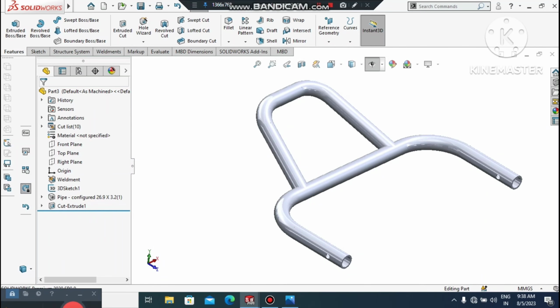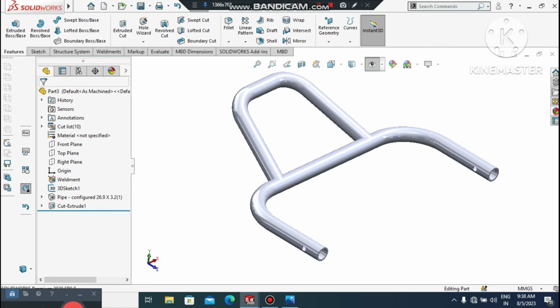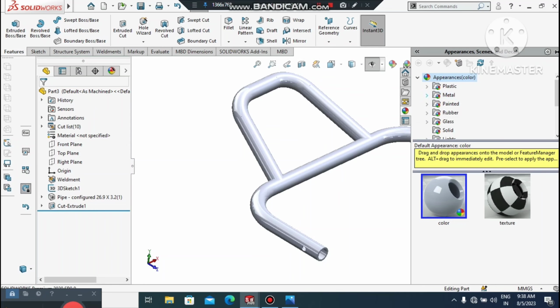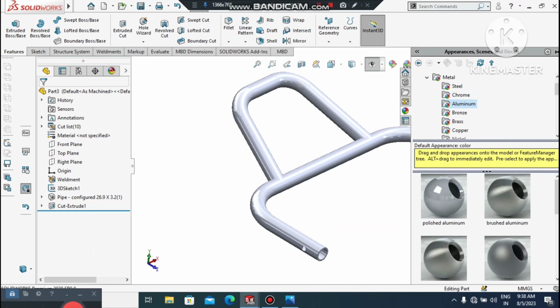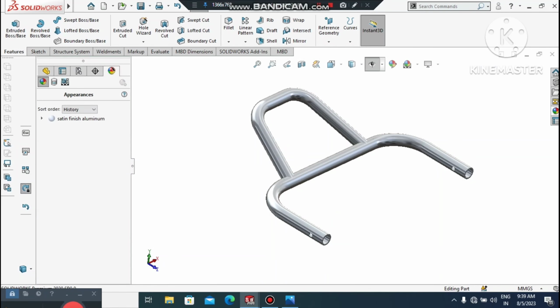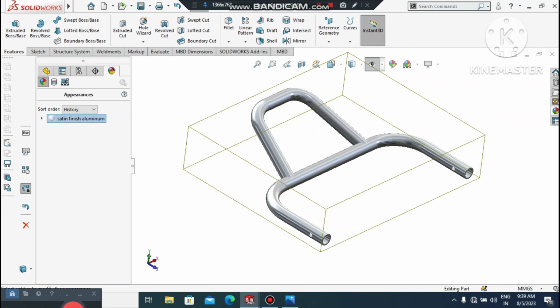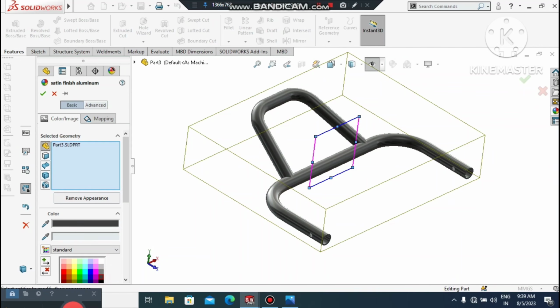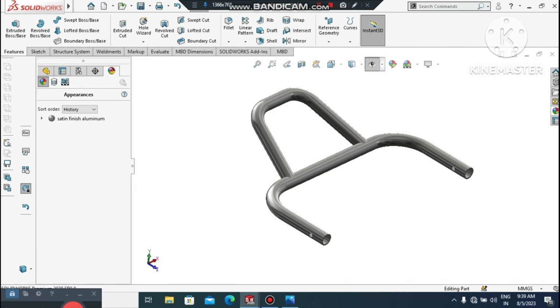So it's time to apply the material. So we will go to the appearance, select metal, here we select aluminum, and now select satin finish aluminum. So it looks super. Go to the appearance, select, double click on it. Now here we can change the color. So we will put this color. Okay,